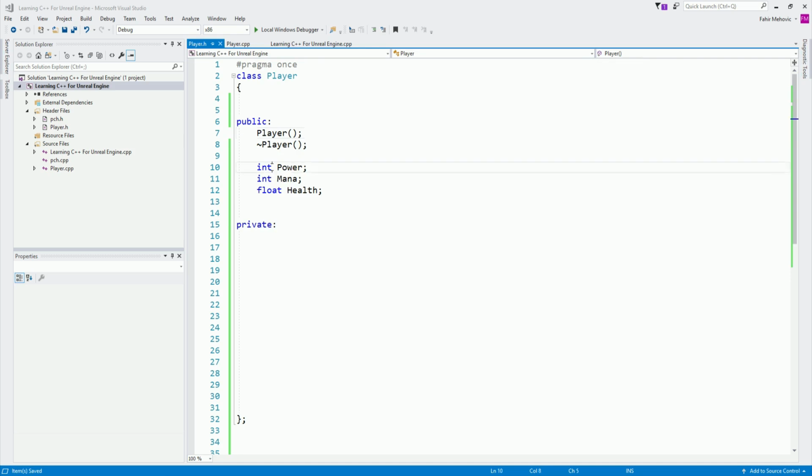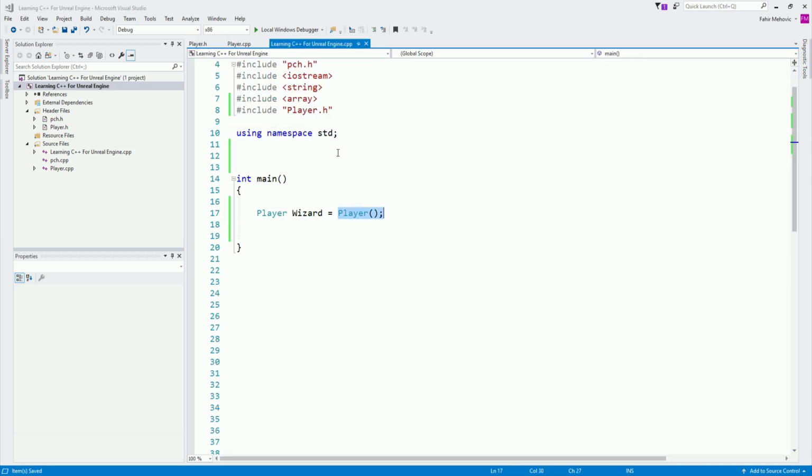We have our variables power, mana, and health. If I go over here and say cout, mana colon, and call wizard.mana, and then endl, and let me copy this twice, so we have power, and mana, and health.